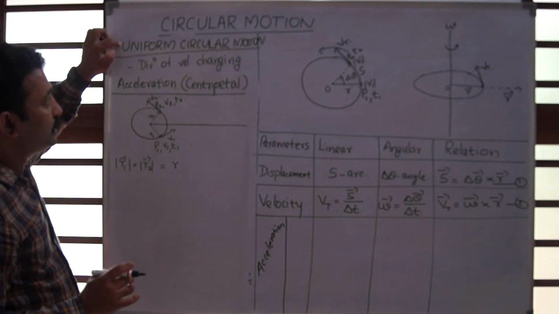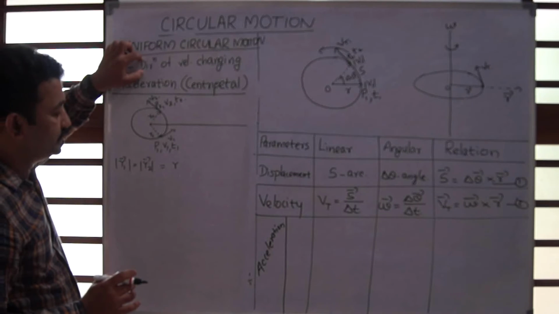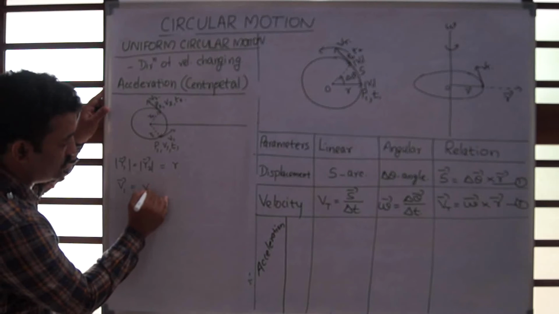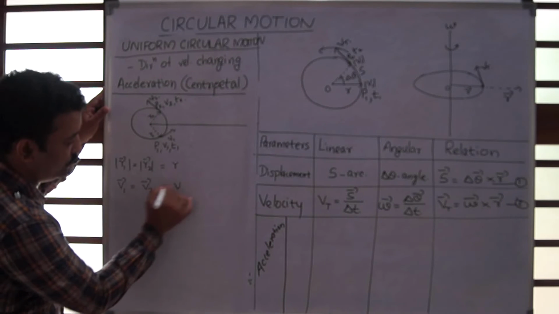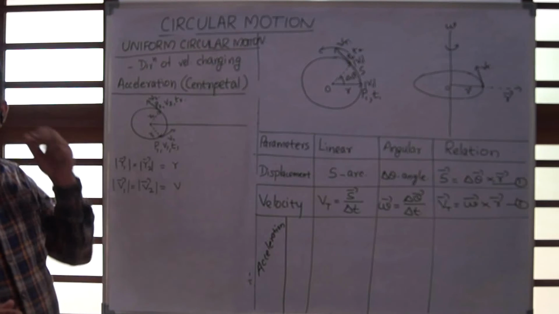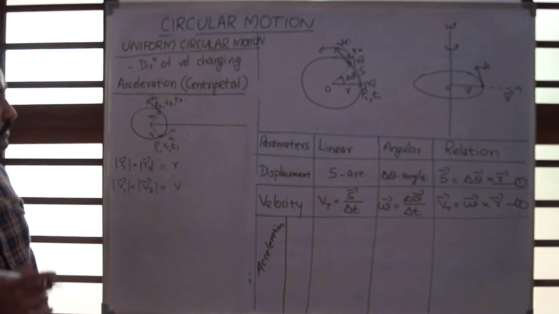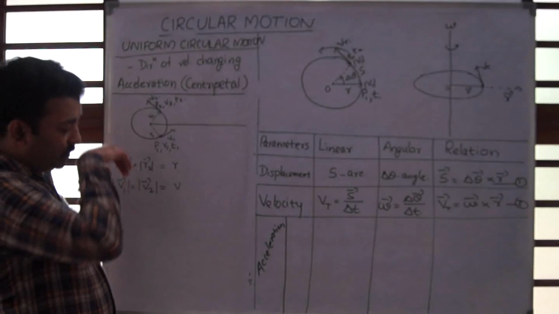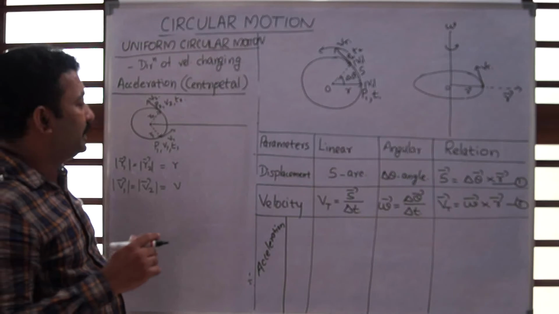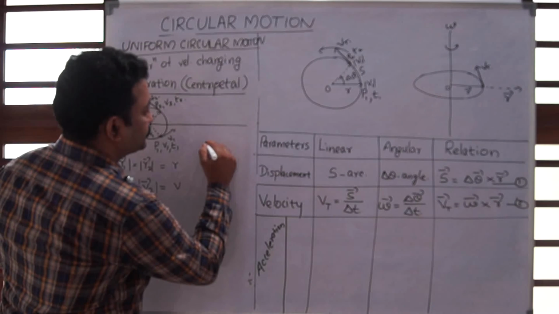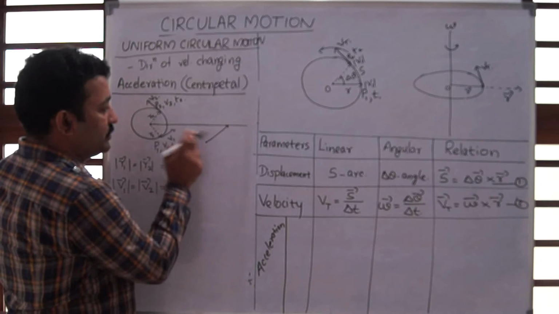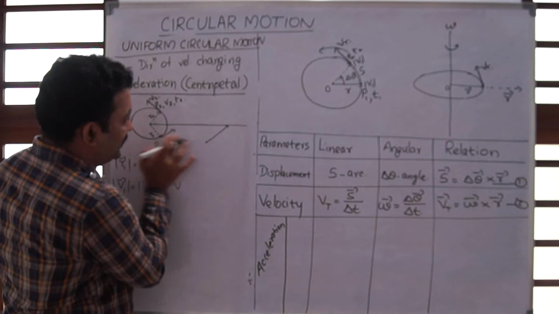And as it is uniform circular motion, only the direction of velocity is changing, so the magnitude remains constant. Magnitude of v1 is equal to v2 is equal to v. Now our problem is to get the difference of the two, or we have to find v2 minus v1 or v1 minus v2. So I am plotting the vectors onto a parallel, I am shifting the vectors parallelly,